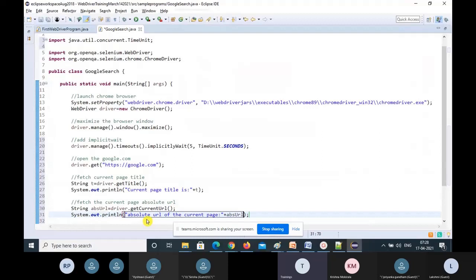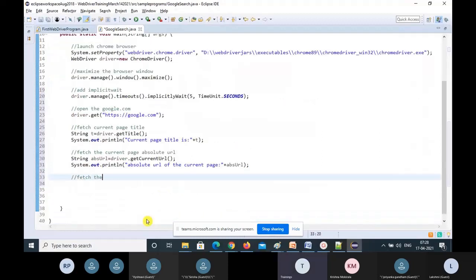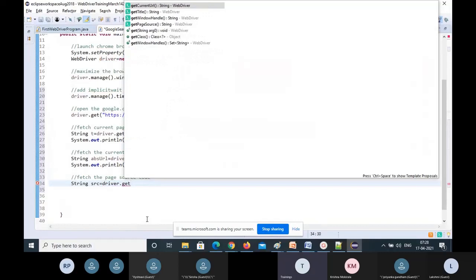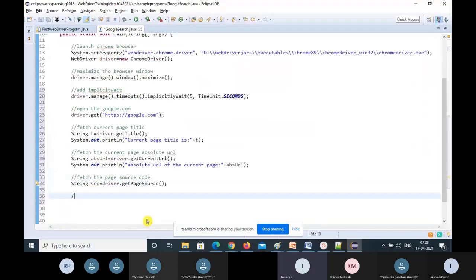Next, fetch the page source code. I'm not going to print this because it will fill with complete HTML code. So I'll just fetch it and store it in a variable, using getPageSource. Next, fetch the current window ID.